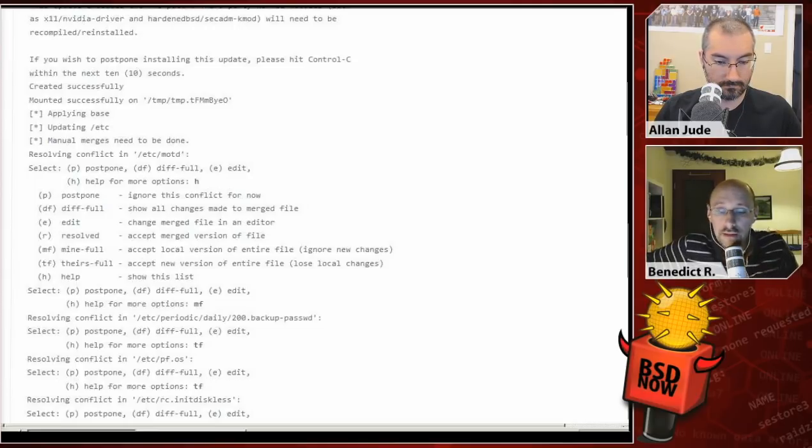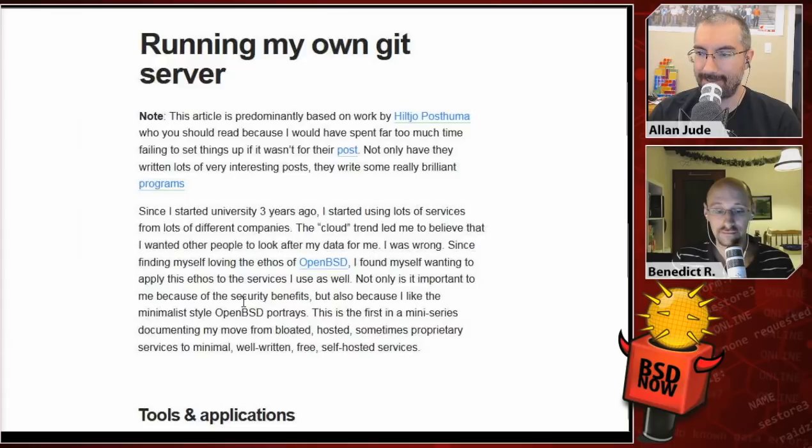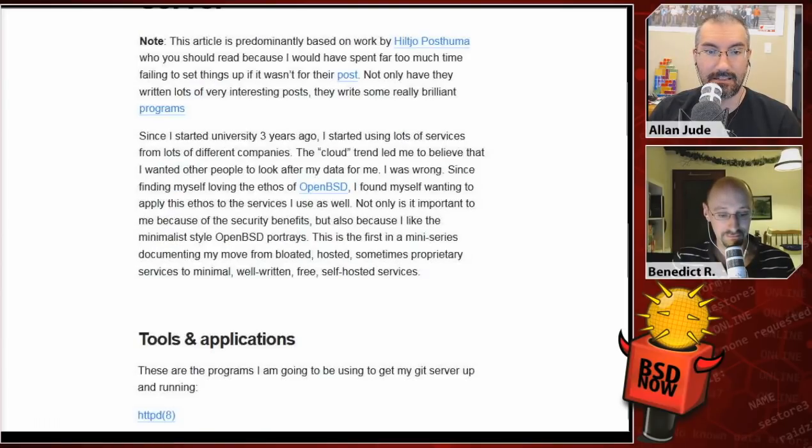The next article that we have is for the people who always wanted to run their own Git server, because here's a little how-to that we found. It's simply titled "Running My Own Git Server." Yes, so this is interesting. You know, GitHub happens to have snow days every once in a while, and sometimes you still want to have your own stuff. So yes, this article is predominantly based on the work of Hilcho Postuma, who you should read, because I would have spent far more time doing this if it wasn't for their stuff. But anyway, going on, they say,